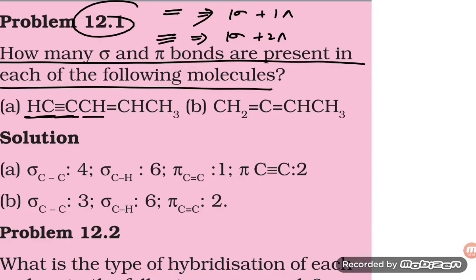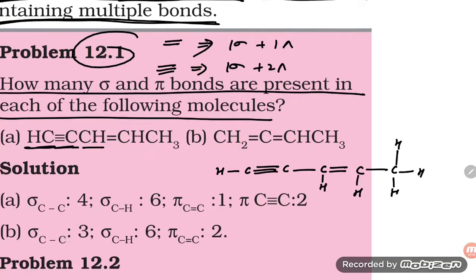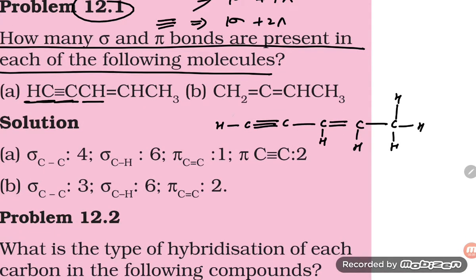I am making the diagram, and then you try to find out. Here is CH, double bond C, again C, here the hydrogen will come, then double bond C, then the hydrogen, and single bond, the hydrogen is there, right? Triple bond means, as I told you, 1 sigma 2 pi. So if you are calculating sigma, this is 1 2 3 4 5 6 7 8 9 10. Sigma equals 10. Pi is equal to 3.